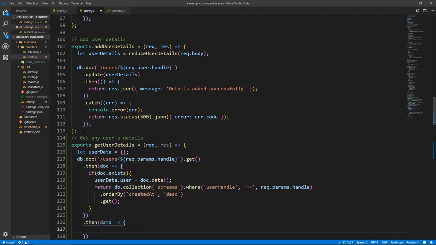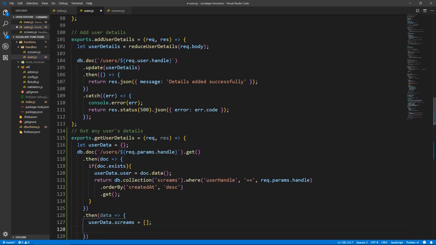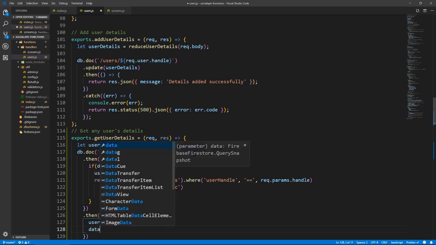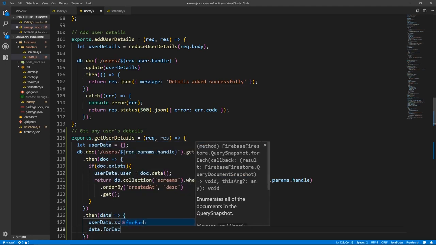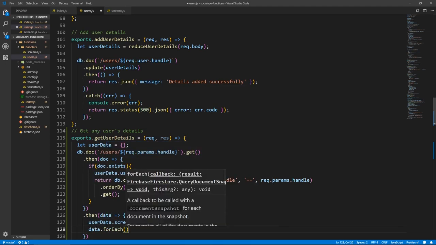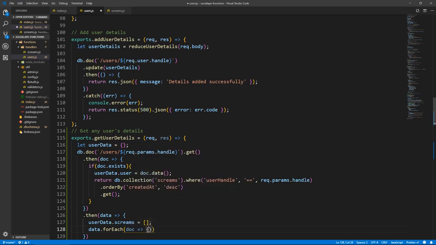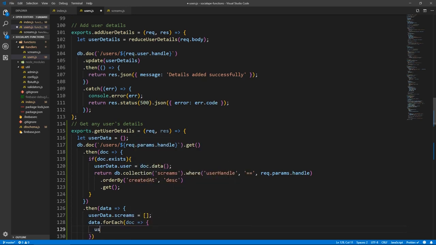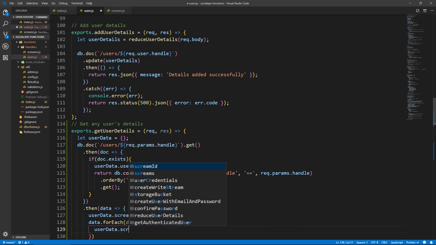So in the next then block we're going to have data, and here we initialize userData.screens as an empty array, and here we do data.forEach, and we get a document here. For each document we need to do userData.screens.